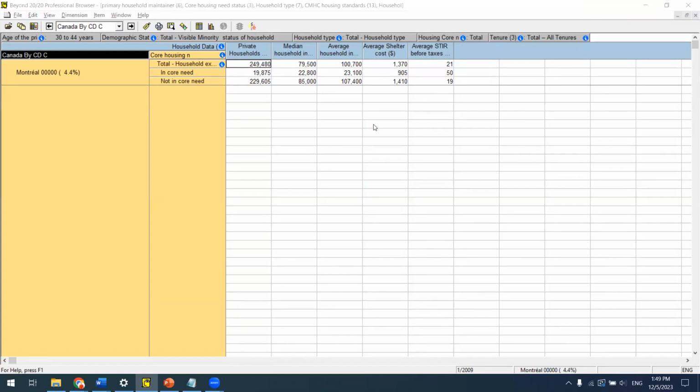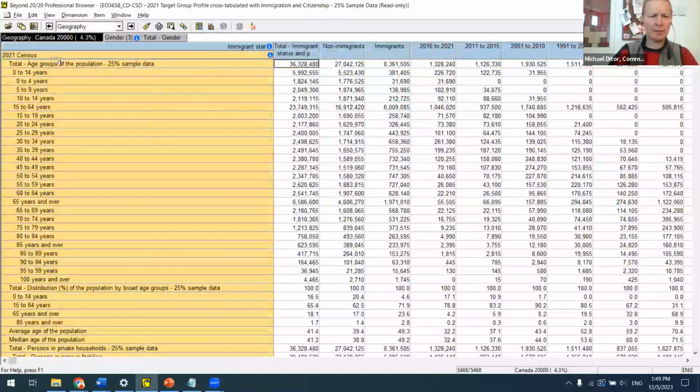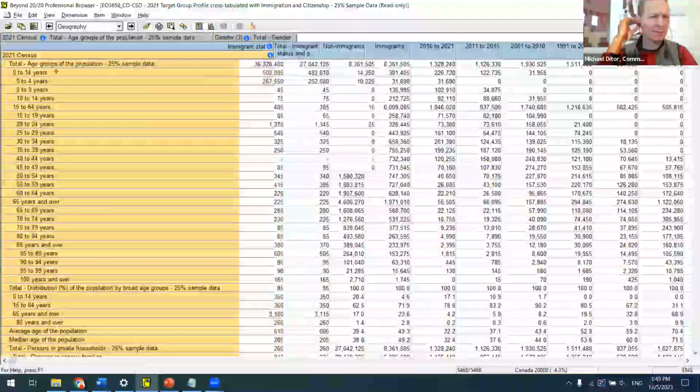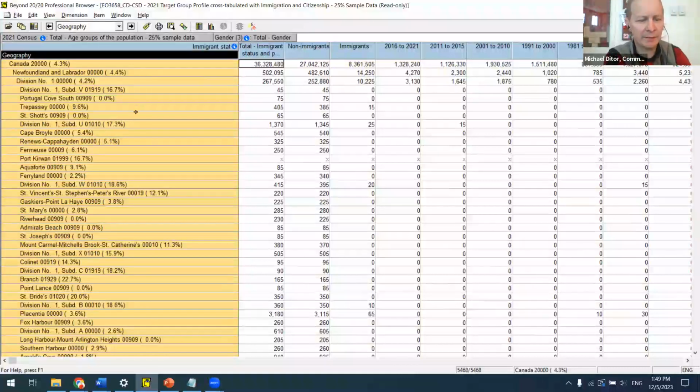Sure. Yeah, there is one question about the census tract data. So if you're working with census tract data, is there a quick way to select all the cities within a certain CMA? I don't know if you'd call it quick. Do I have a CT data one open? These are census divisions and census subdivisions. It would be a bit similar to that. I can find a CT one, but